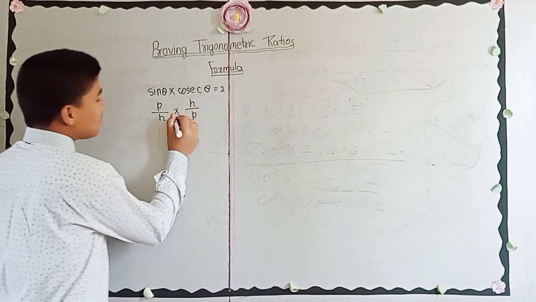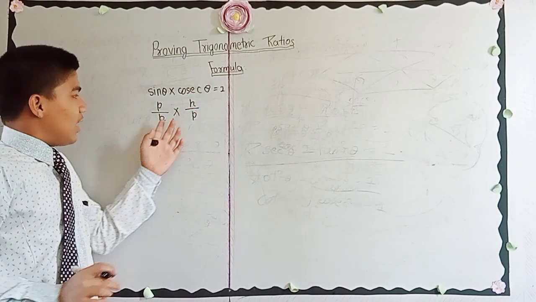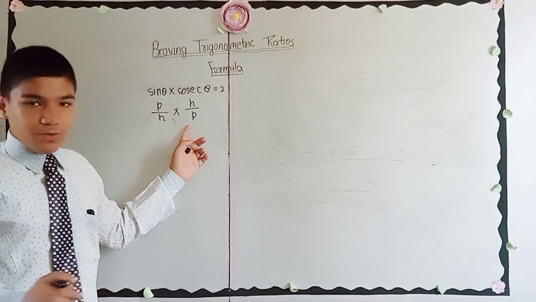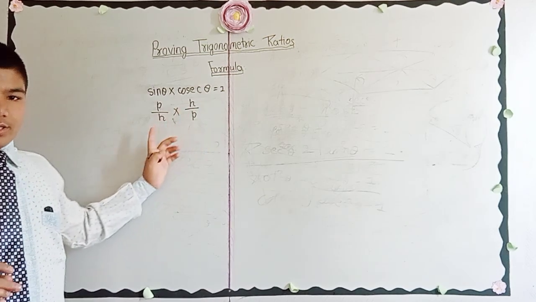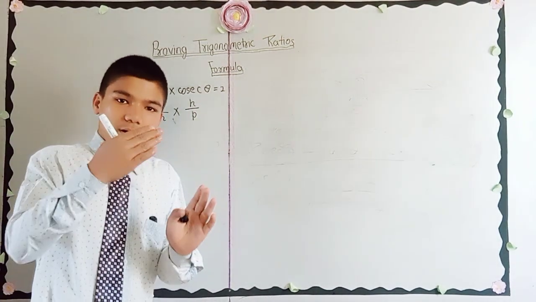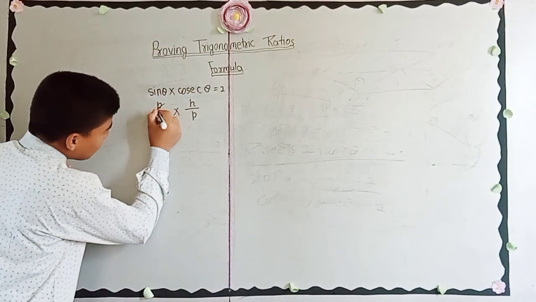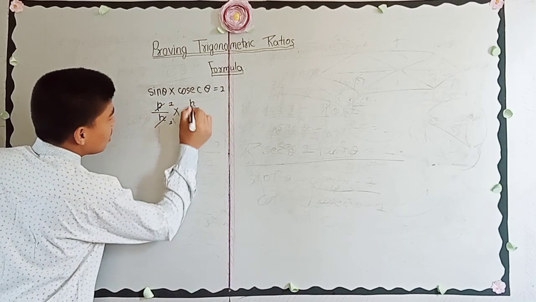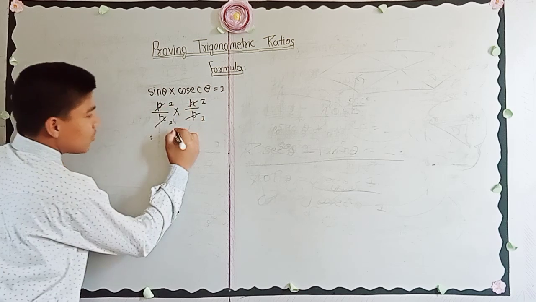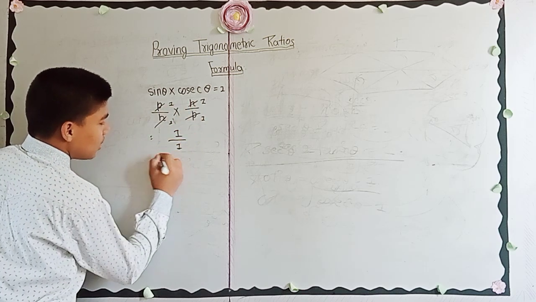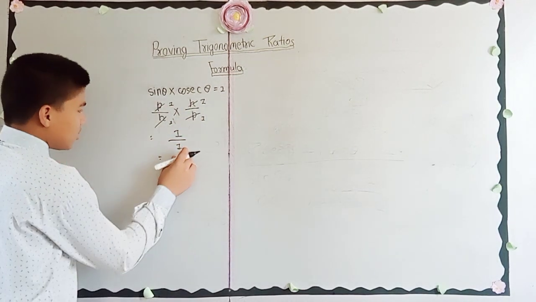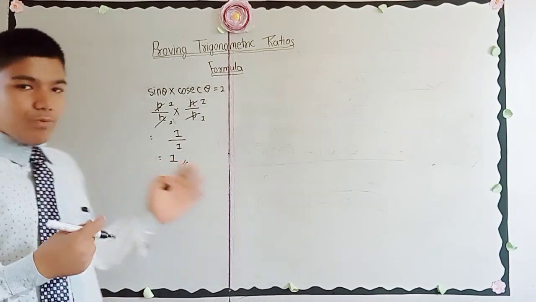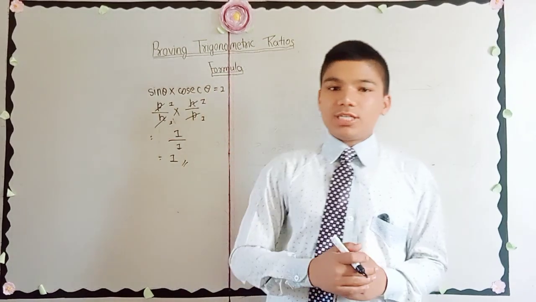Now if there is a multiply sign between these ratios, and a numerator is the same as a denominator, and the other numerator is also the same as a denominator, then we can cut up and down. So simply we do that: p cancels with p, and h cancels with h, leaving 1 and 1. Now 1 times 1 is 1, so we have 1 by 1. If the denominator is 1, we don't need to write it, we can write only the numerator. So here I proved that sin theta into cosec theta is 1.